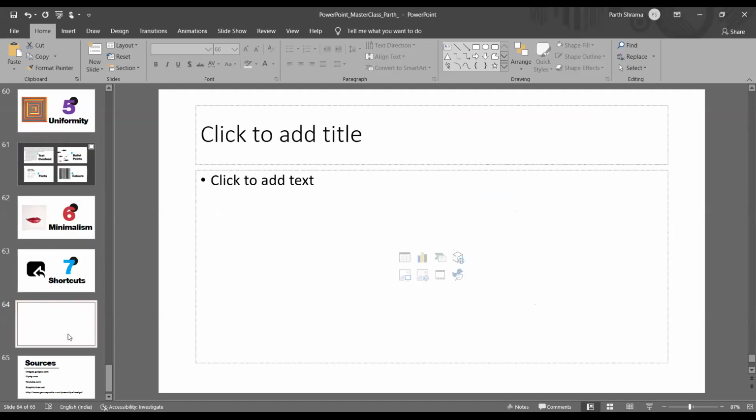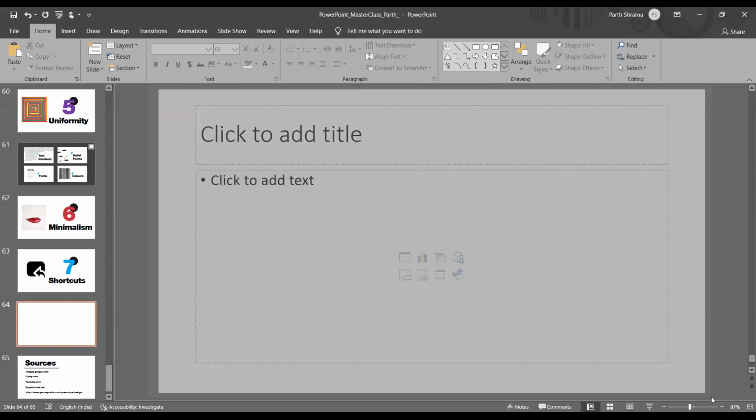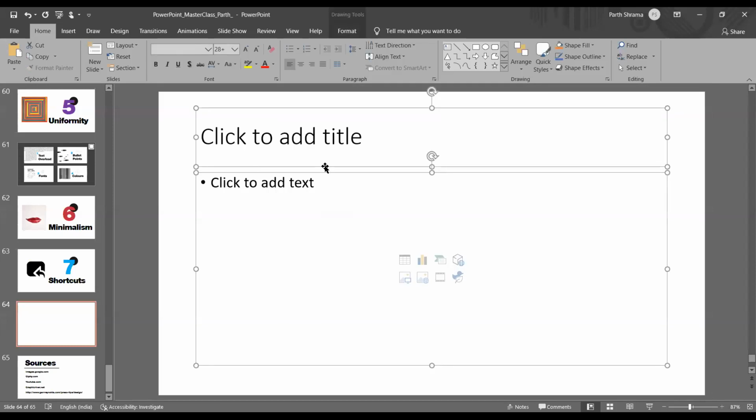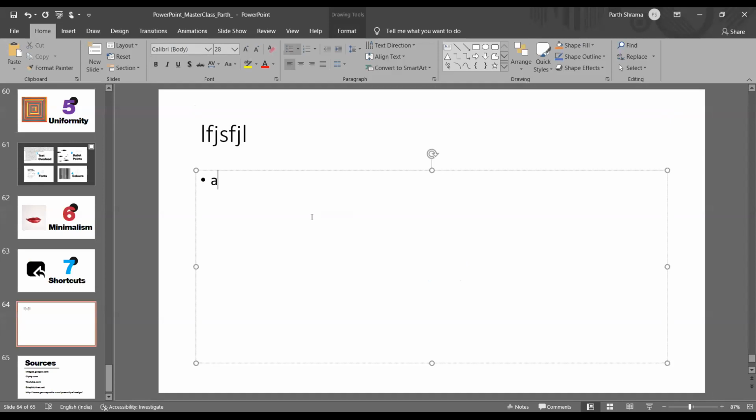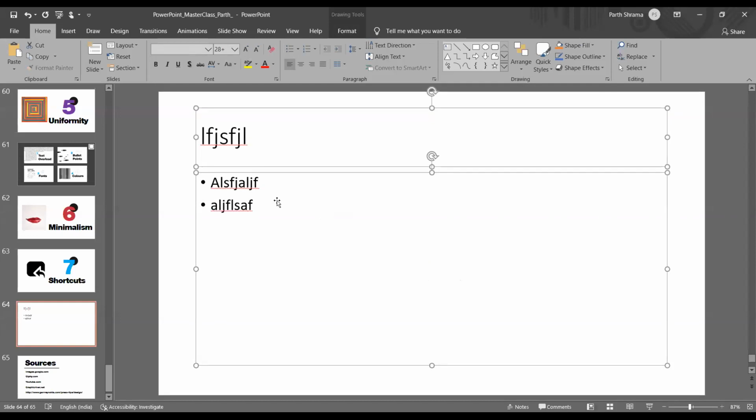Control M. What this does is it just makes a new slide. So this is your usual normal slide that it looks like. And now I'm going to select these 2 text boxes, because if you want to start new, you have to delete what is there previously, right? Most people just start typing the title here, and they type this, and then they go to new bullet points. And this is why their slides usually look like the previous slides and every other slide in the world. So in order to have a new beginning, delete